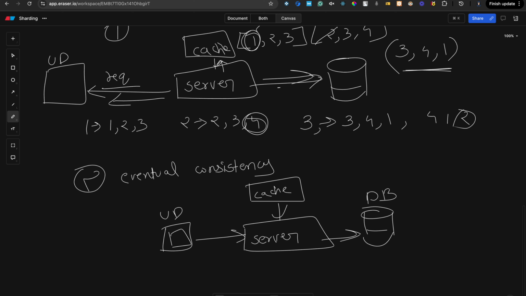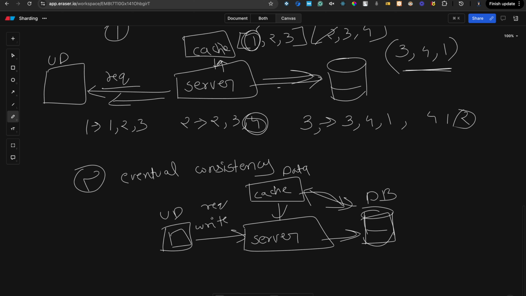So we updated the data in the cache. This is the write operation request. That data will get updated in the DB, but not immediately. It will get updated by a cron job or something. So we don't have the latest copy of the data in the DB. That is also a drawback: the data will be updated, but only eventually. So this consistency is not there between the cache and the DB. There is this inconsistency.